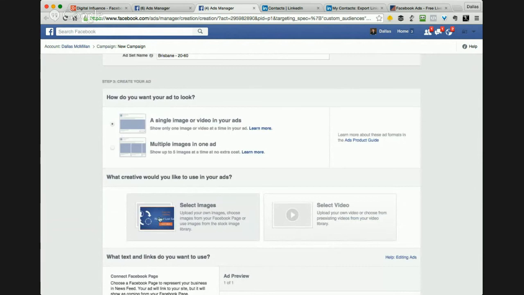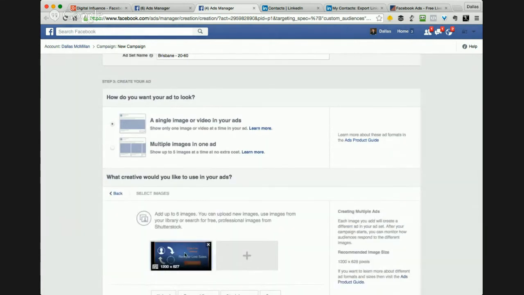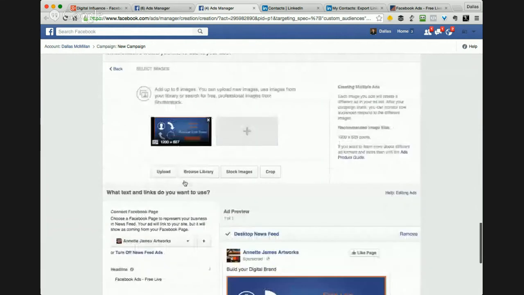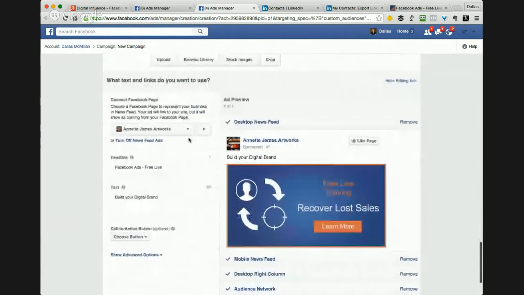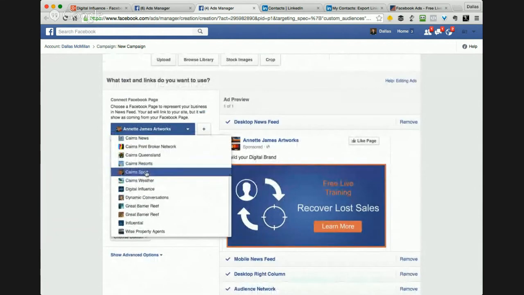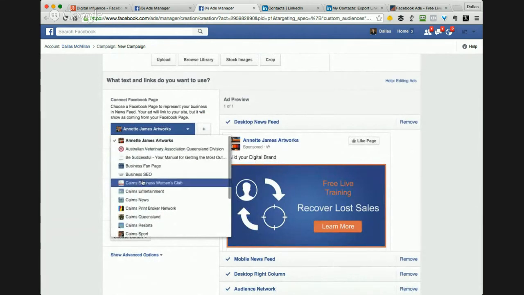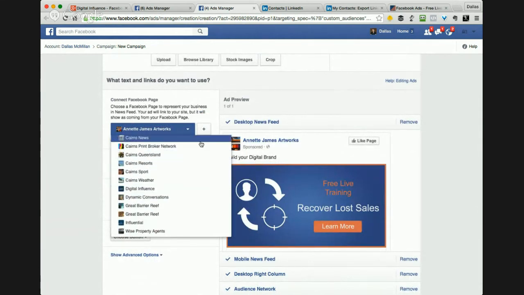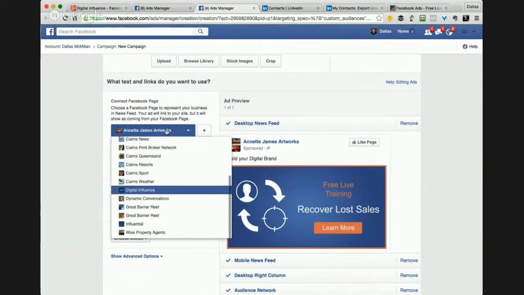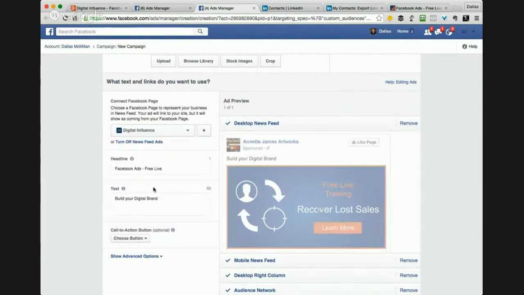Let's choose an image, and in this case, we'll go with this image. It has definitely accepted it before. I'm really surprised it rejected that last time, but for the sake of this demo, we'll do that. Now I've got quite a lot of ads in here, but I'll choose one of my pages. Here we go. So this is just choosing which page is promoting the ad, because all my pages will show up in here.